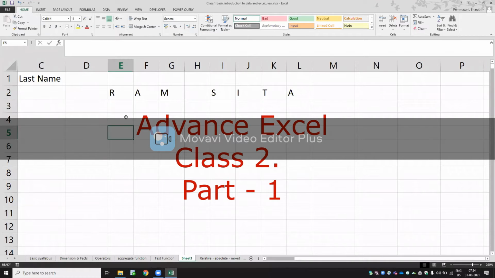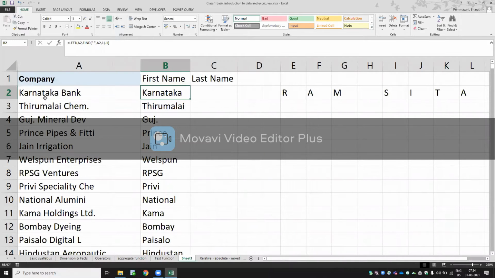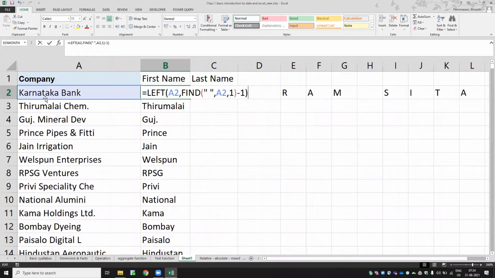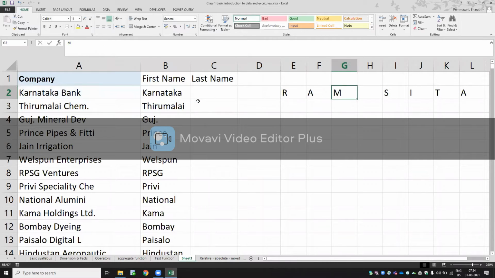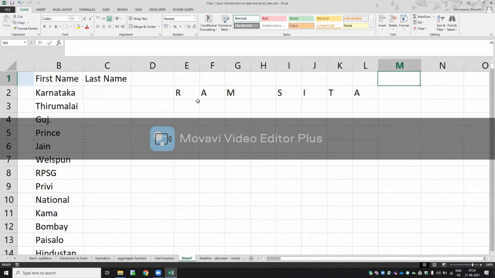Thanks for reminding. So we have started from here only. Yesterday's session we have revised, but we started from here. Okay, so the first name, we are taking the LEFT function. From the left side we need this name, and we are using the FIND function instead of a number. And the second name, suppose consider this is the second name.